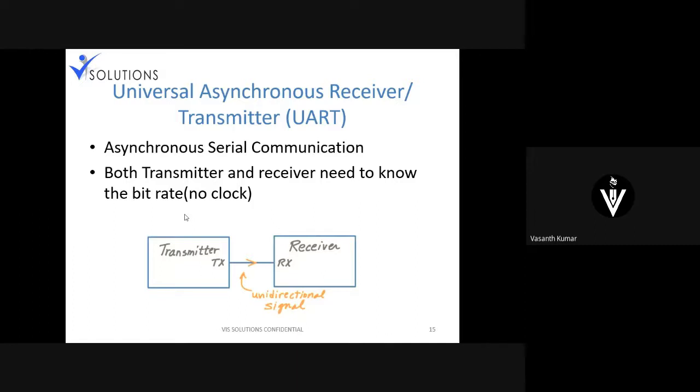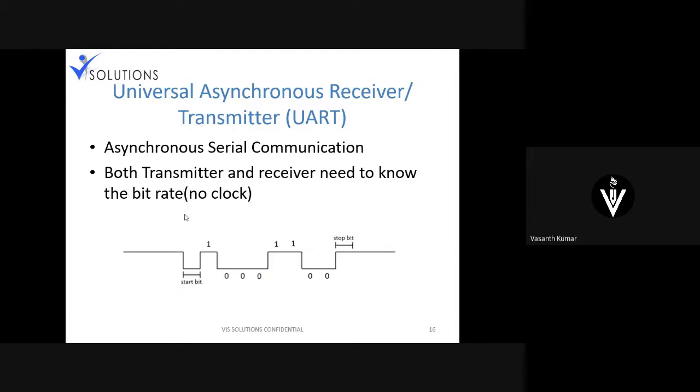Don't worry. Okay, so this is basically how it works. If you ask me how the transmission and reception usually happens, by default, your lines will always be high, which means that you can see by default the lines will be high.